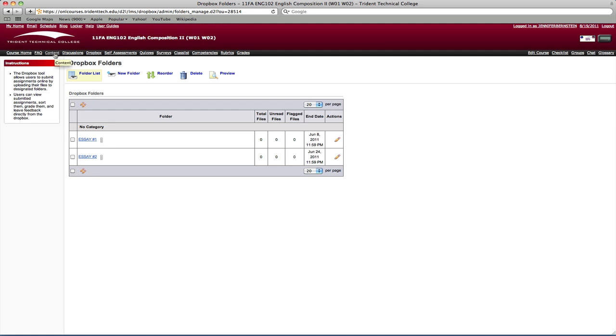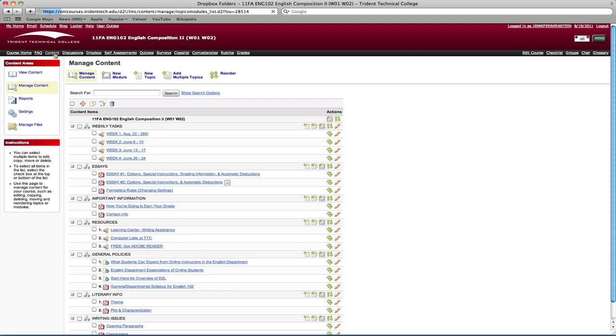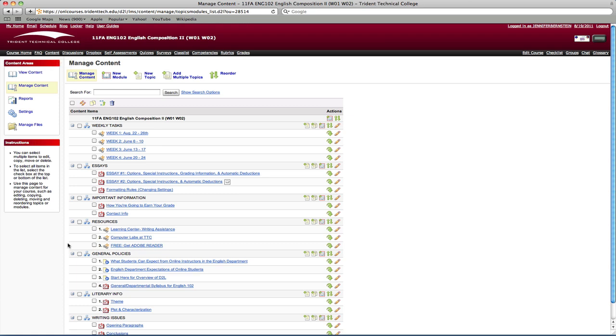So right now I'm just going to go over to the content section. This is the heart of all the juicy details for our course. And again, it's going to look a little bit different because I'm updating things, but what you're going to see at the very top are your weekly tasks. I don't have one overarching syllabus for the course. Instead, I break it down week by week, and you will always have at least 2 weeks worth of assignments available at a time, and you'll know the major assignments for our course ahead of time, but I do it week by week because it's more manageable that way for you guys.